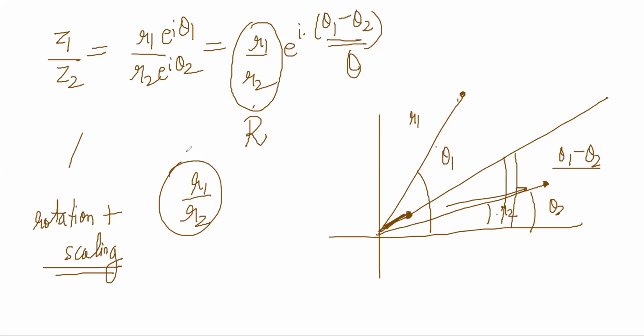And then we saw the polar form of representing a point in space. Through polar form, you can write x comma y as r cos theta comma r sin theta, because of which z is equal to x plus iy can be written as r cos theta plus I sin theta. And if you know Euler's result that e power I theta is equal to cos theta plus I sin theta, then this becomes the polar form. Any complex number z can now be written as z is equal to r e power I theta, which helps us understand multiplication and division really well.